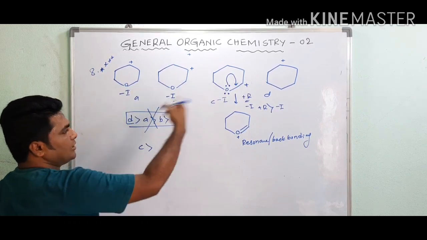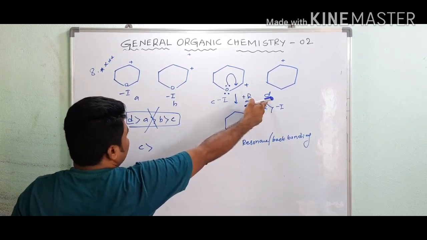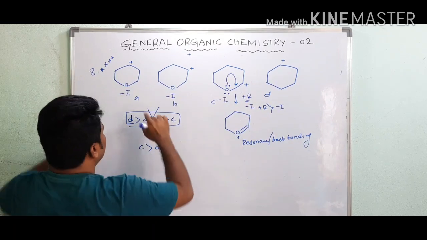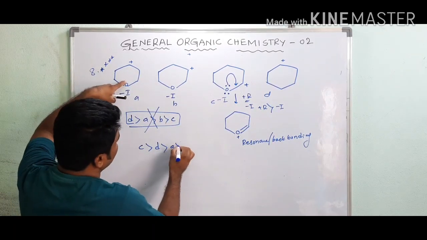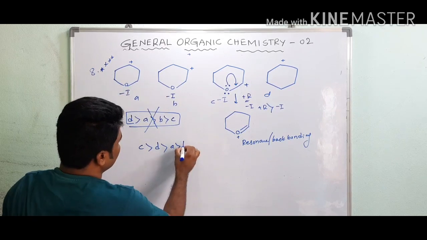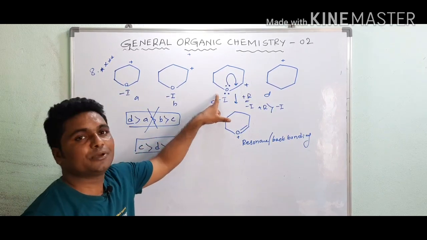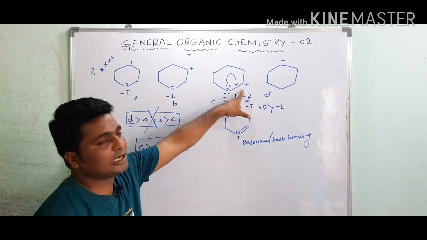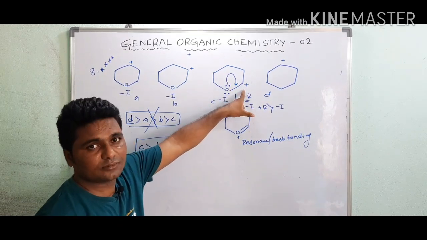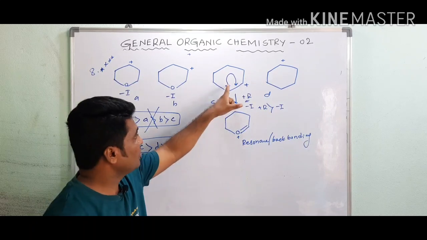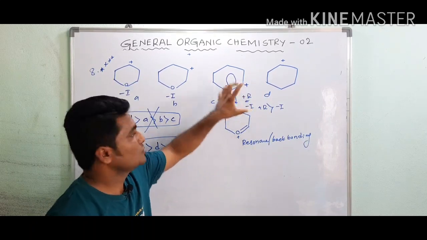Then after that, see the inductive effect; there is no minus I effect, so D will come, since it is far away. Then A will come, and this is a little bit near, then B will come. This is the actual order. So now you have to remember, when a lone pair is present adjacent to a carbocation, we have to see the resonance. You may not know resonance yet, but here it is delocalization of this pi electron. So remember this one.